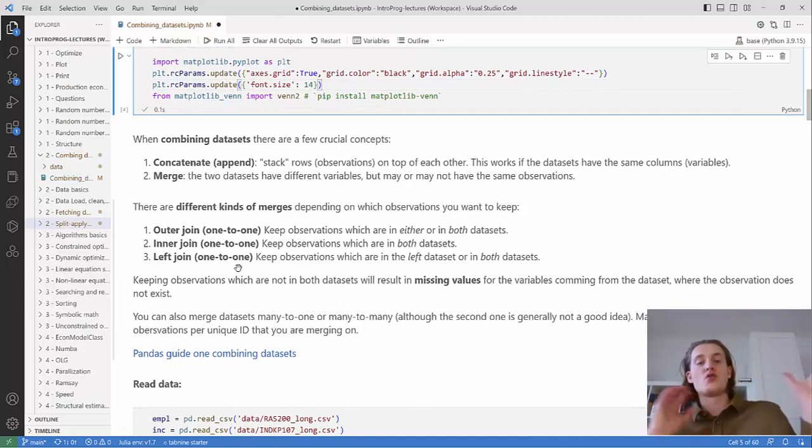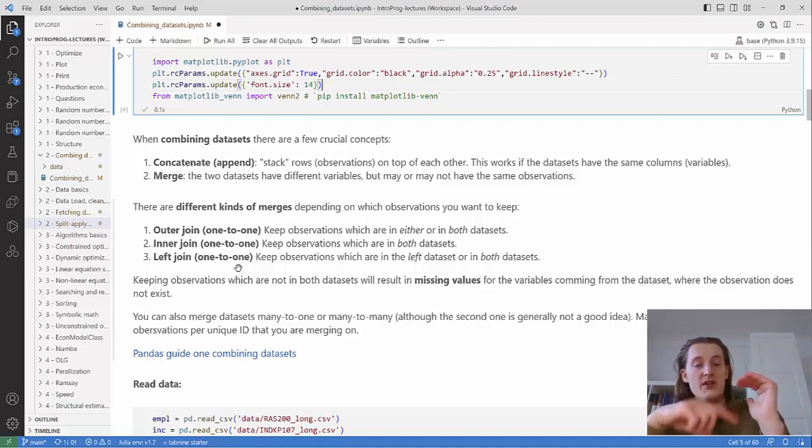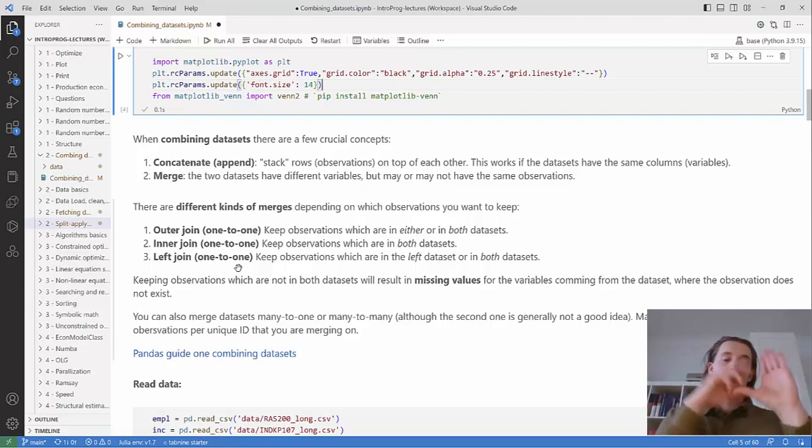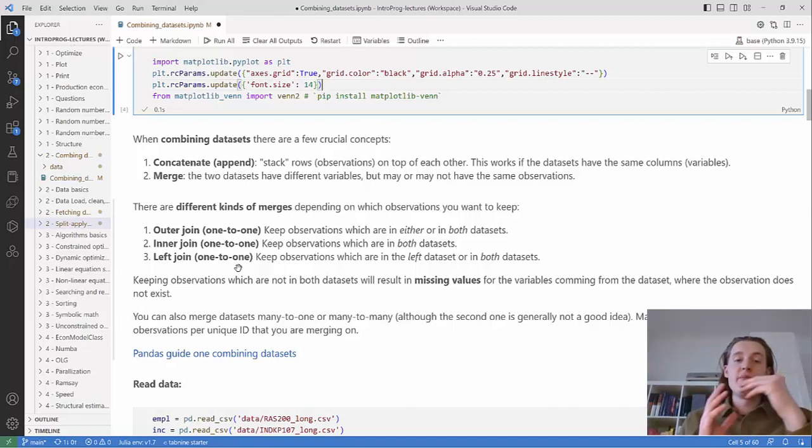So this has all been one-to-one merges. You can also merge datasets where you do a many-to-one or many-to-many merge, which basically just means that you may have datasets for the municipalities where you have one municipality, but you have multiple years per municipality. If you then do a merge on municipality, then for each municipality, for example Roskilde, you will have multiple observations for Roskilde because you'll have all the different years,